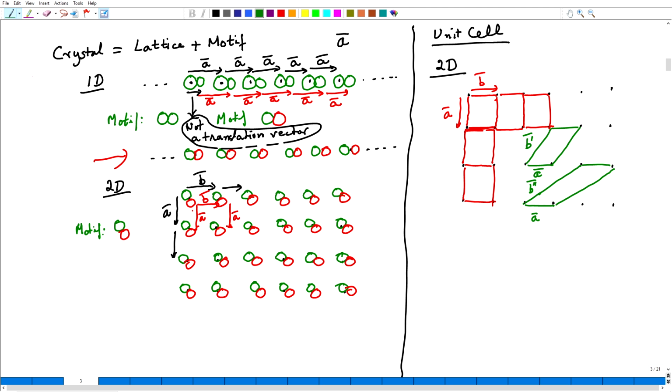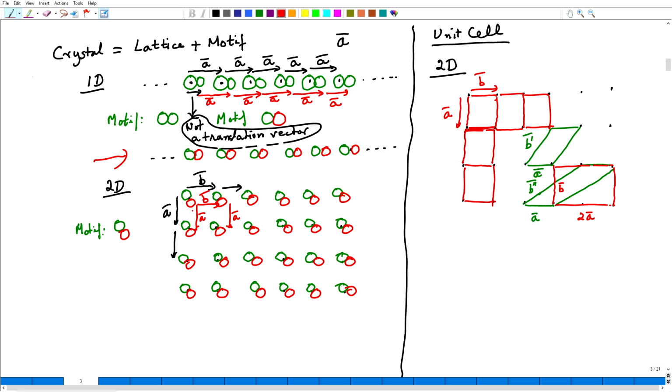same lattice. Now, one can also think of a unit cell which is something like this. So, in this case, this is a larger unit cell than any of the other unit cells, and it has more number of lattice points as well, but here the translation vectors would become 2A and B. Again, this unit cell when translated through 2A and B would generate the identical lattice.